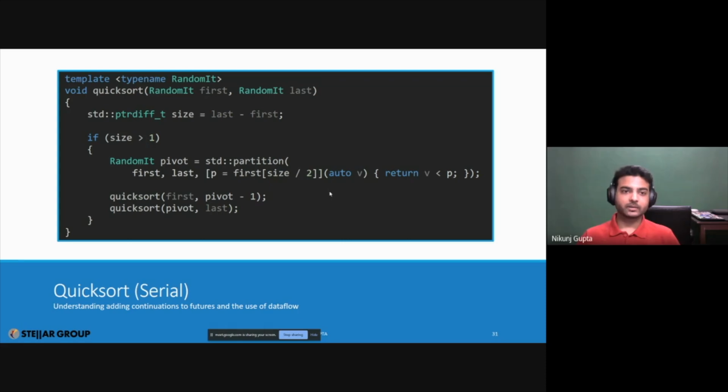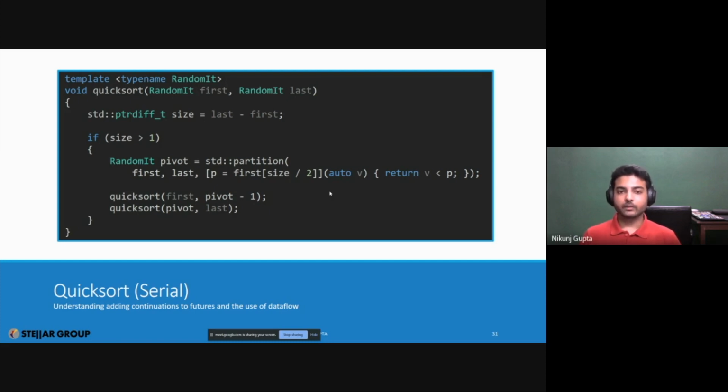So a Quicksort algorithm, essentially, it's a divide and conquer algorithm wherein you have a pivot, and based on that pivot, you divide the array or the container itself into 2 parts, and then you recursively call quicksort on those parts.